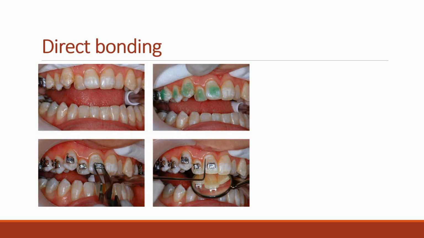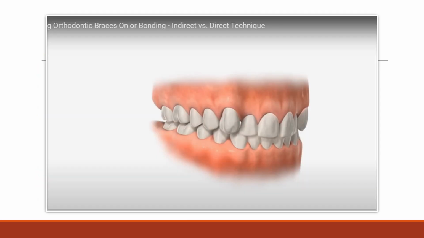As you see in these pictures, you see direct bonding. Orthodontic brackets are generally bonded to enamel using mechanical locking created by acid etching the enamel surface of the teeth. The steps involved in bonding are as follows: cleaning the tooth surface to remove any pellicle using a slow handpiece